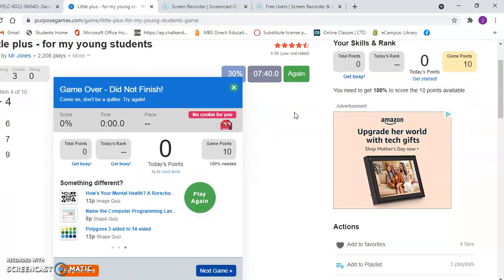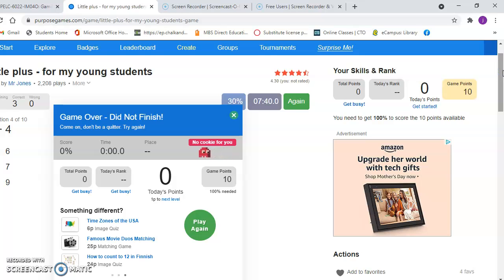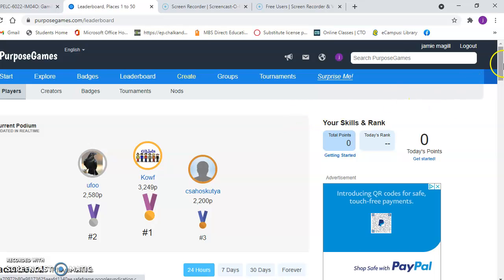Once you're done, it will give you your score, your percentage, how long it took you, and the place that you ranked in your class, as well as some points for the game. So not only are the students taking part in a fun activity where they're competing against their peers, they get a little bit competitive. They are also competing to either land on the leaderboard of the Purpose Games website, or they can earn badges